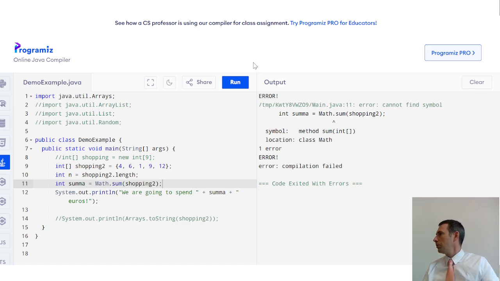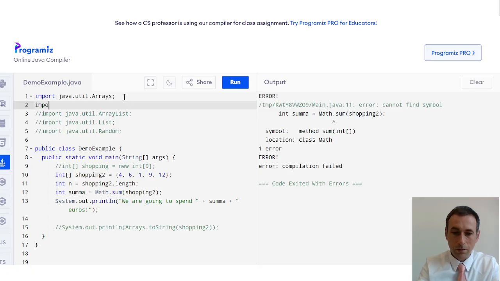Okay. Any ideas? Import everything. Class, sorry. Class? Class. I said we have to import class method, but it's not a method. Yeah, so